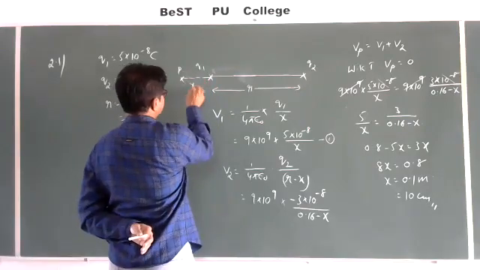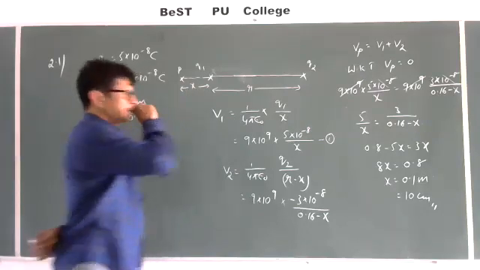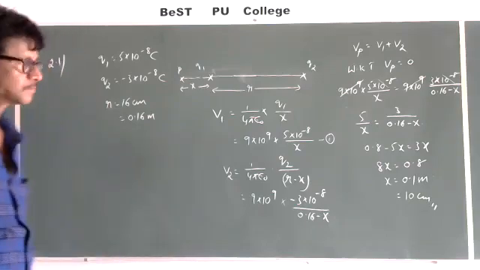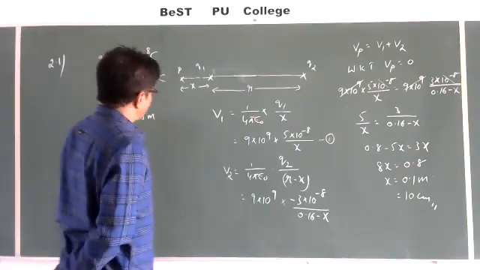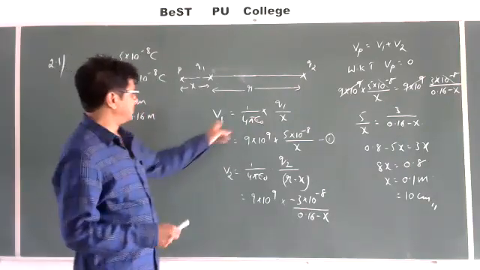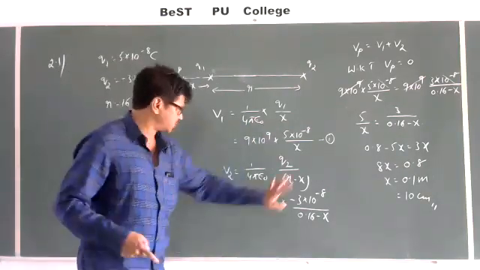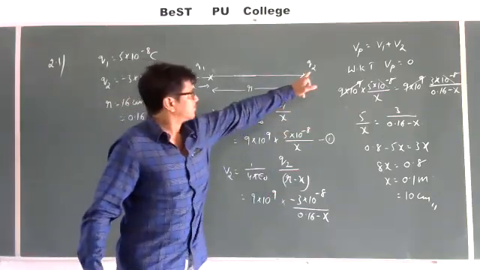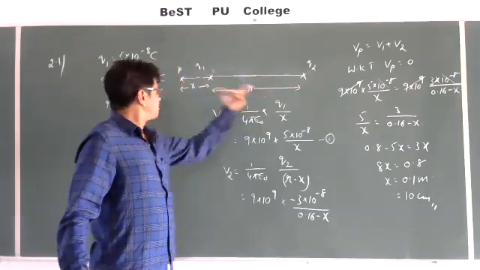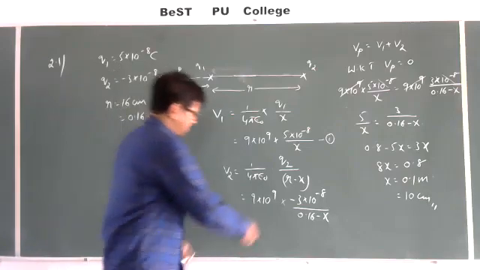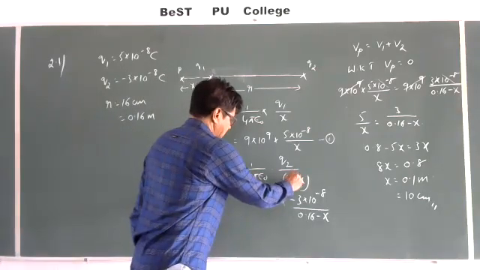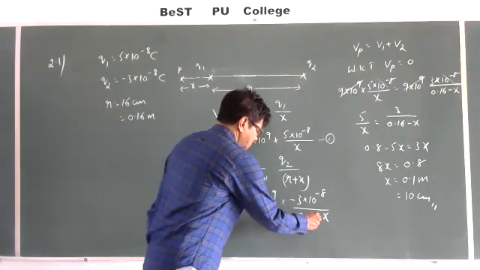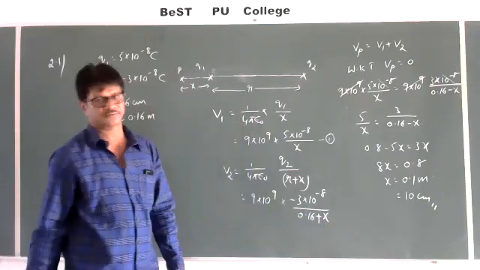This is the point which is at a distance of x. Now the same method. Let V1 be digicom, V2 be digicom. So here, instead of r minus x, what is the distance of Q2 to the point P? R plus x. So here, while finding the V2 value, we should consider r plus x. Here is also r plus x.